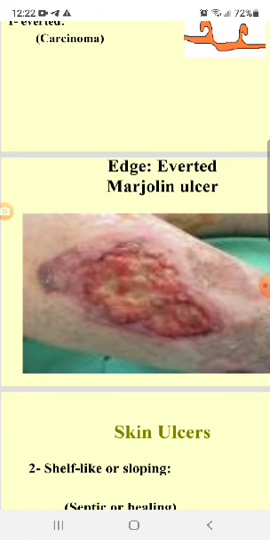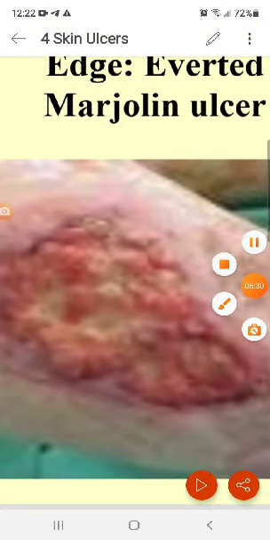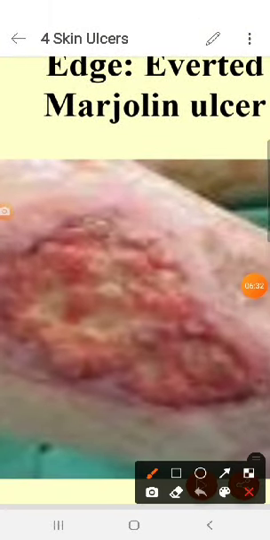Marjolin ulcer is an ulcer found in a long-standing burn. If you look to this picture of this limb, you can see burn around the ulcer. And this is long-standing burn. And this ulcer developed in this long-standing burn. So if you look carefully to the edge of the ulcer, like this here in this area,